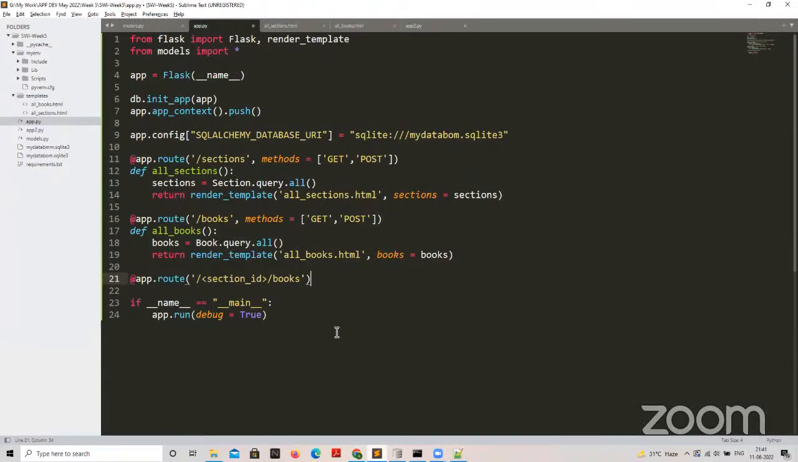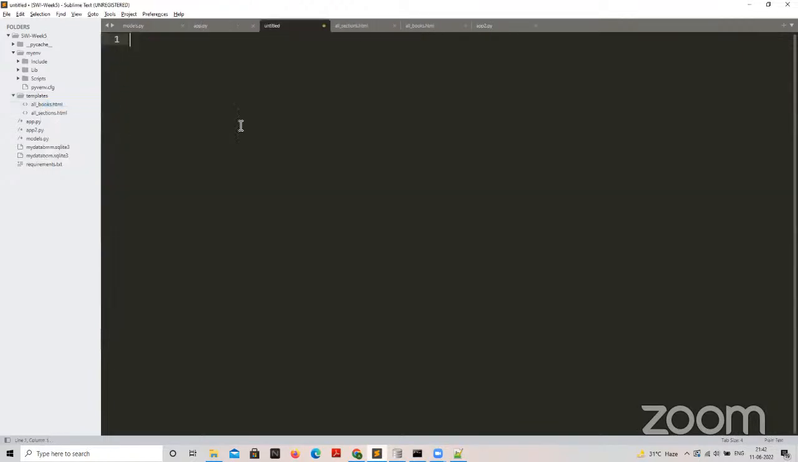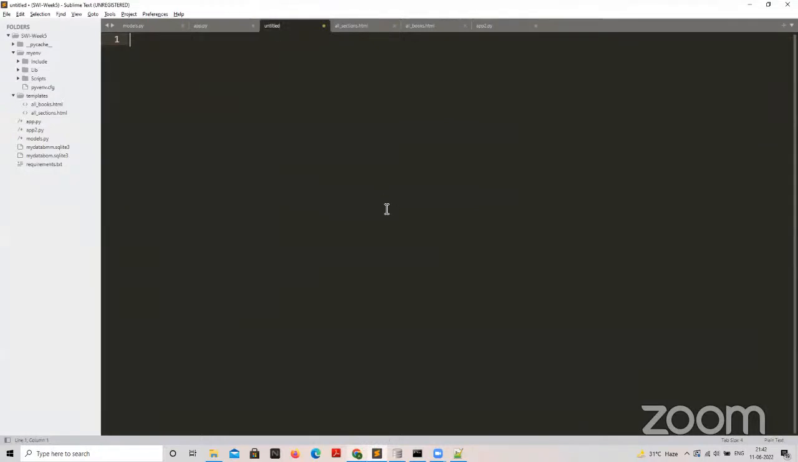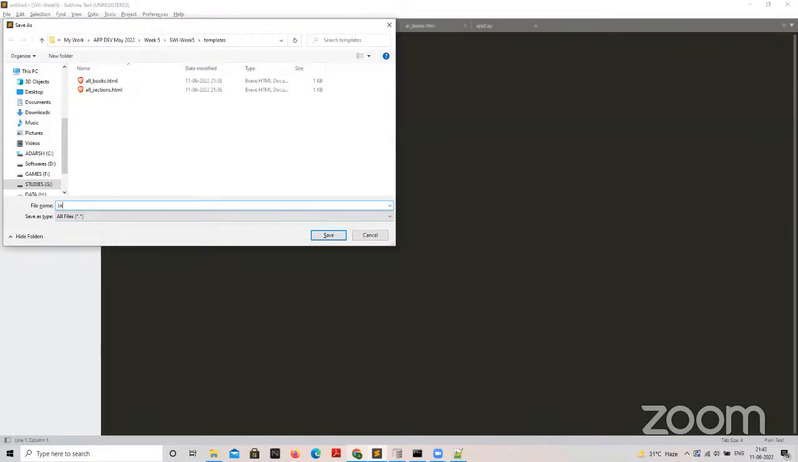Now we will see how to do that. For that we will create a new HTML template, because that is what we need. We want it to get rendered, right? So we'll create a template file. Somebody initially had a doubt on how to deal with this kind of URLs, so I hope if you're there in the session, you can have a look. Okay, so I'll save it first. It will be section